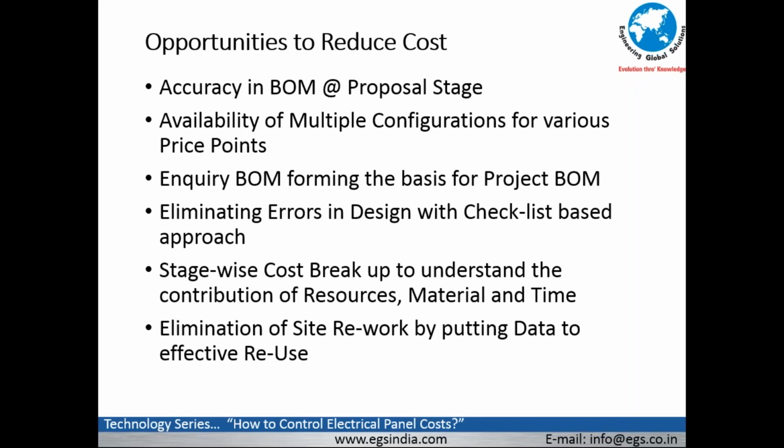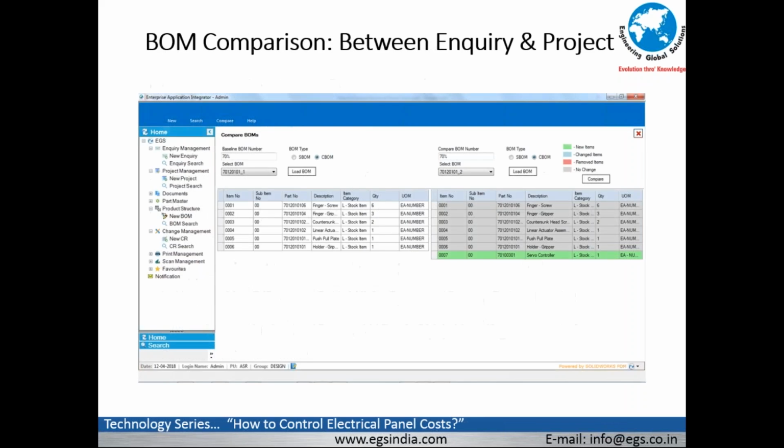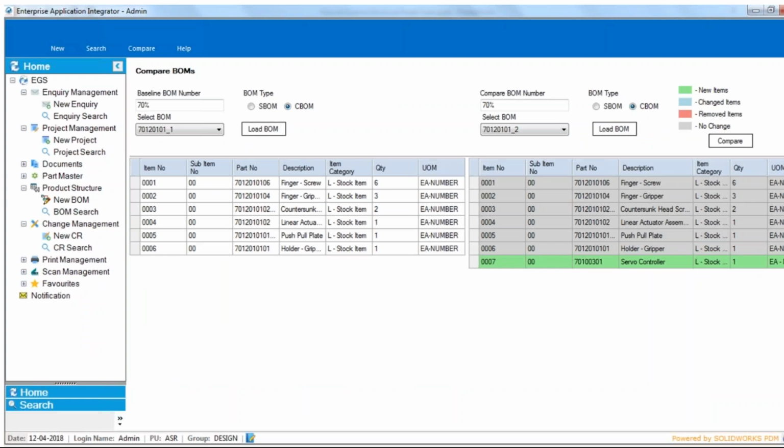So coming back to the different opportunity costs, as you can see in the next slide, you will see a bill of material comparison. In this case, a gripper project is taken as a sample in this interface in product data management, wherein you can see, as I zoom into the picture, the bill of material on the left side is the one that was used as a configurable BOM at the inquiry stage, and later